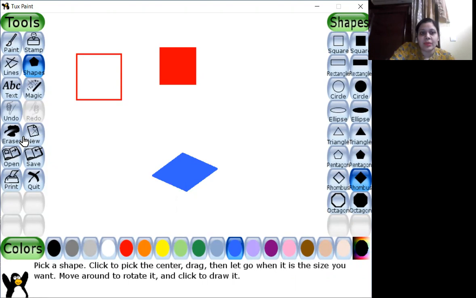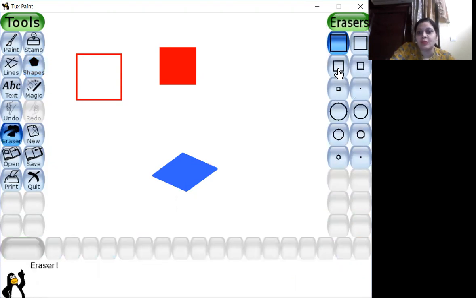So next we have the eraser tool. Now the eraser tool is very clear by the name that it must be used for erasing. Now you can see so many options are there, small, big, and every option is there. Now if you go for this one or any one, the smaller one, you can simply erase. So this is the one use. The other use of the eraser here is we can make different designs with erasers. Now how will that work? See, this is an eraser. Suppose I want to make a design here. So what I'll do, I'll just put the eraser like this, and now you can see some design is here. So the same way you can make designs, right?